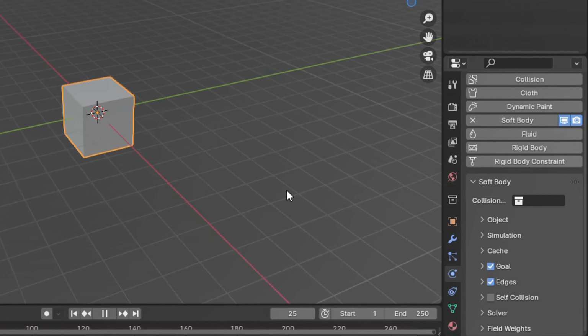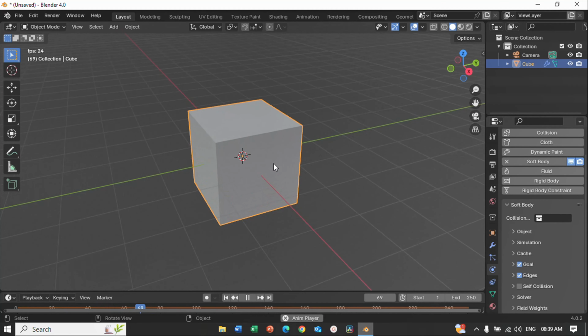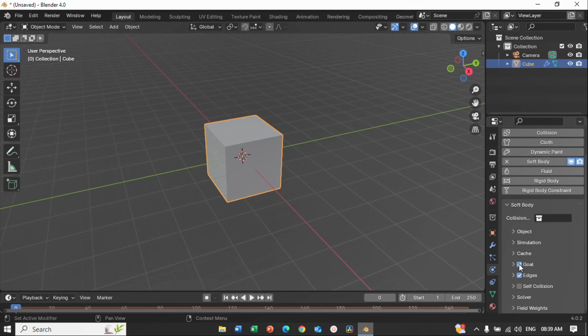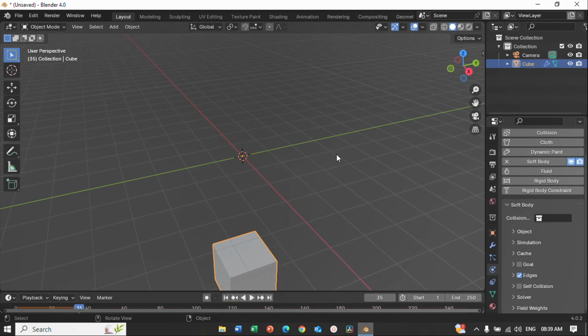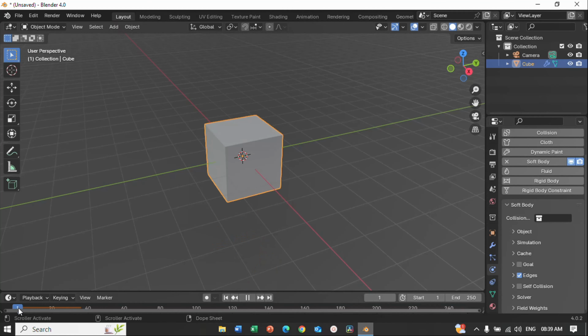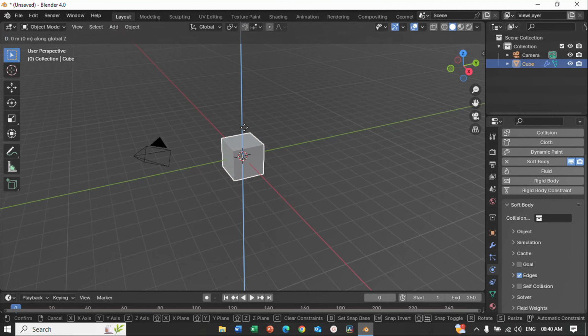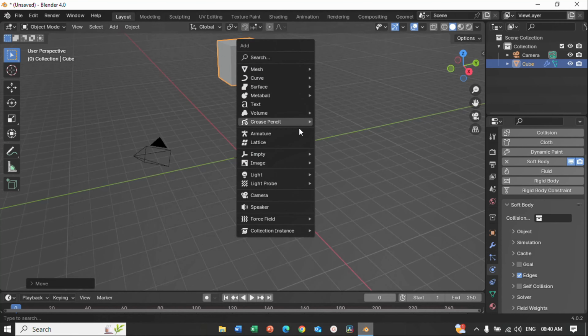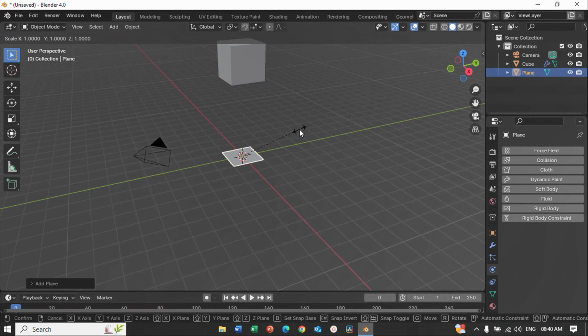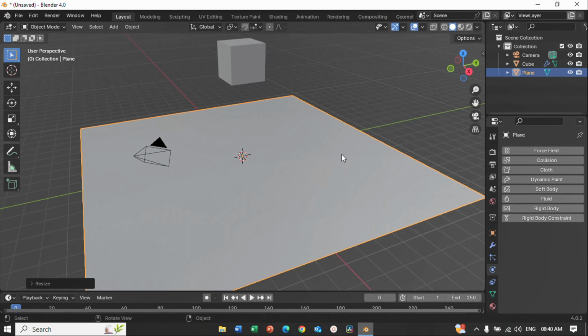Now if you play this animation, you will see that it just hovers in the air, which is not realistic at all. So what we can do is deselect this goal option, and now you see that it just falls down. We need a surface on which this cube can fall. So let's move this a little up, and let's add a plane here. Let's scale it up, and now if you play the animation, it will just go through this plane